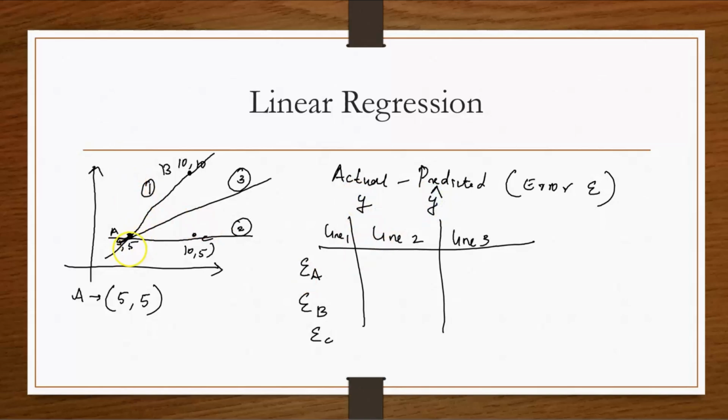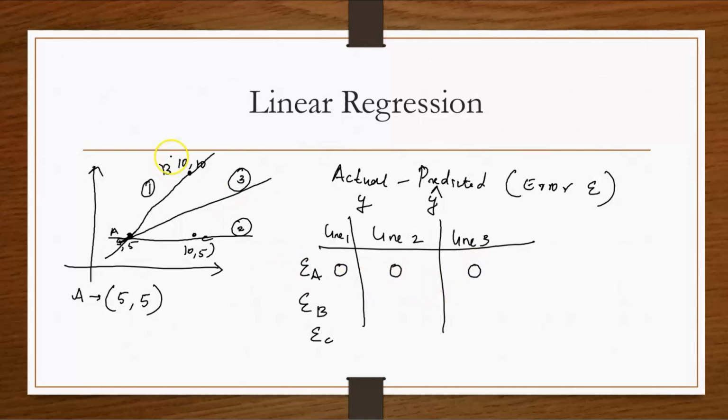You can see point A is actually lying on line 1, 2 and 3. So the actual value and the predicted value won't have any difference. So we can write here the actual value minus predicted value of A is 0 for line 1, 2 and